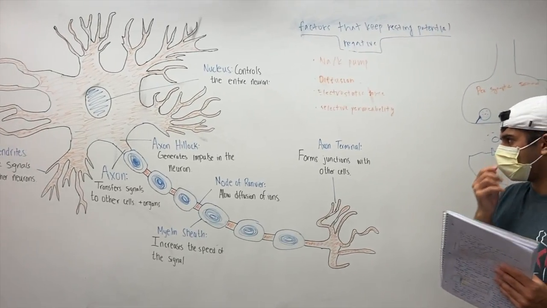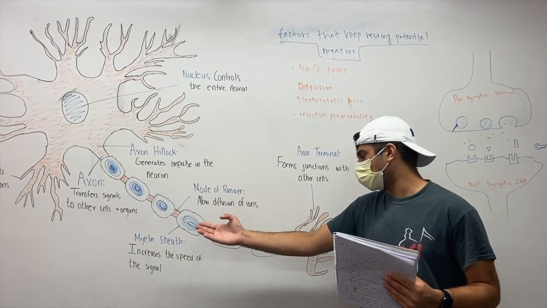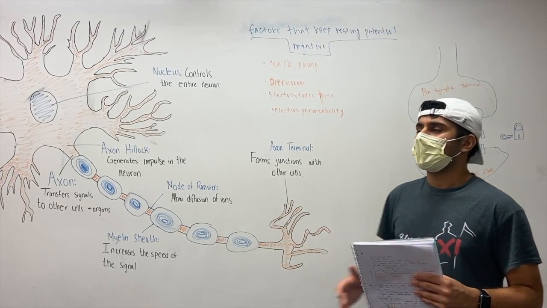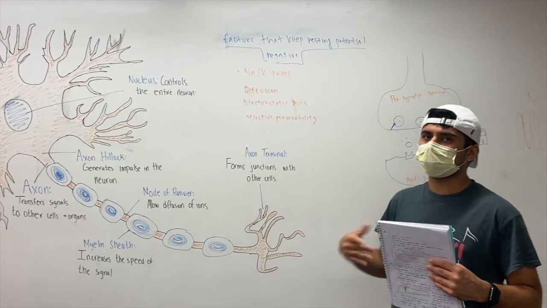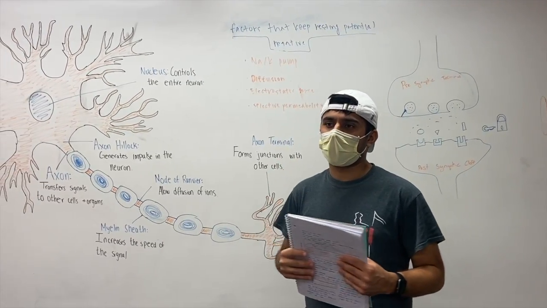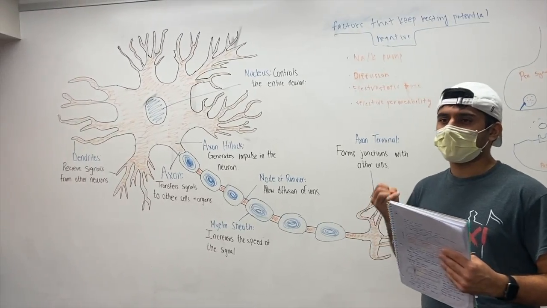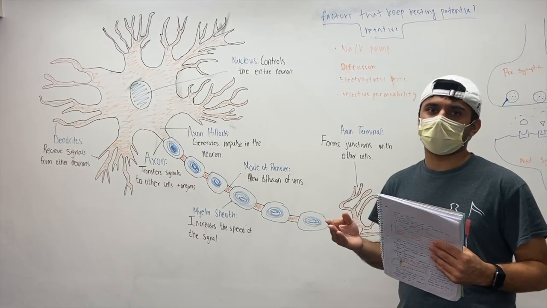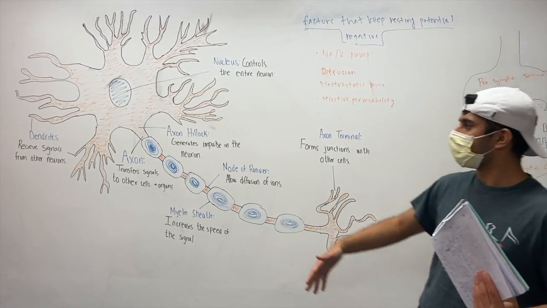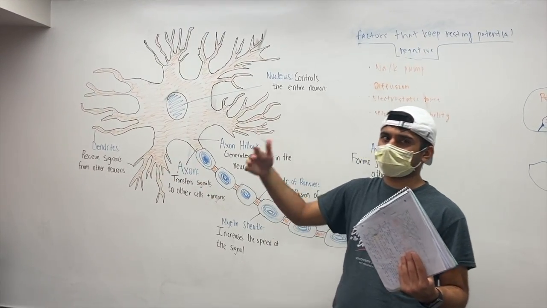Once this action potential, which retains its strength, gets to the end of the axon, it's going to reach the axon terminal. The axon terminal is going to form junctions with other cells, to allow this signal to continue down via calcium, which helps with the priming, docking, and fusion of neurotransmitters, which are released and accepted by receptors of the next neuron, going back to the dendrites and allowing this process to continue.